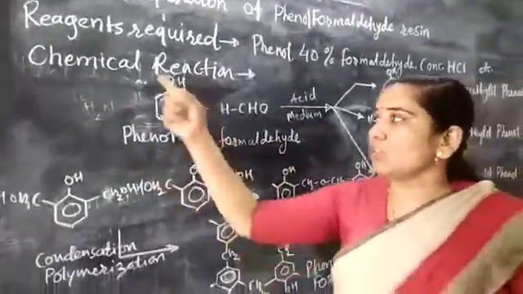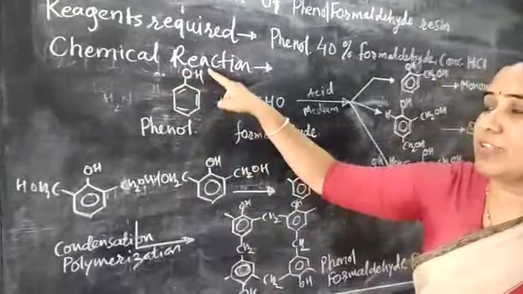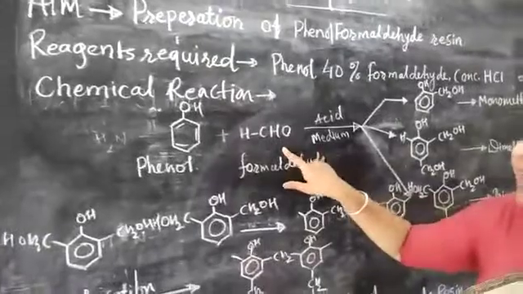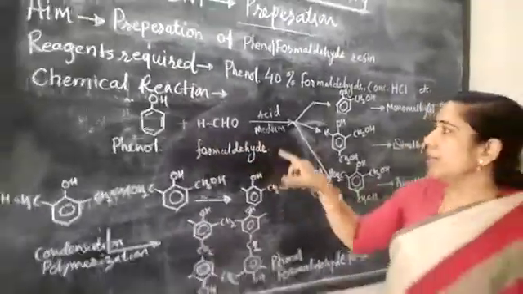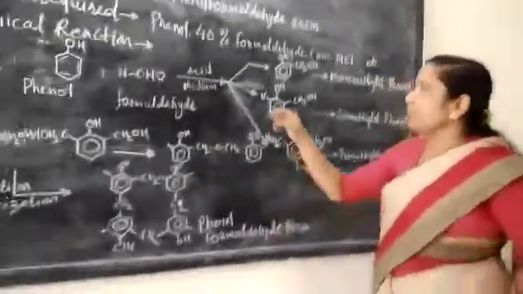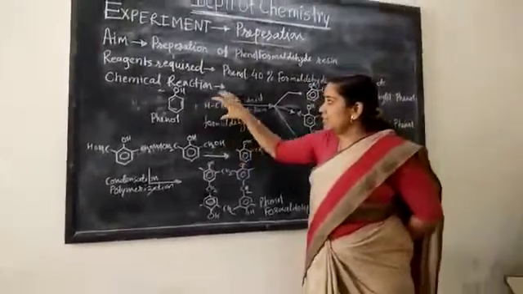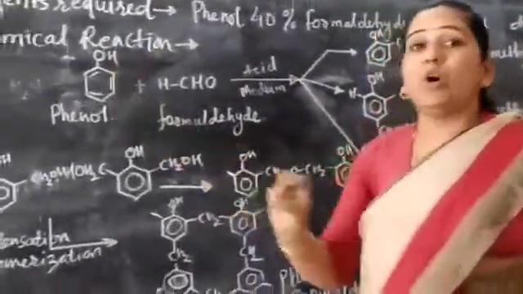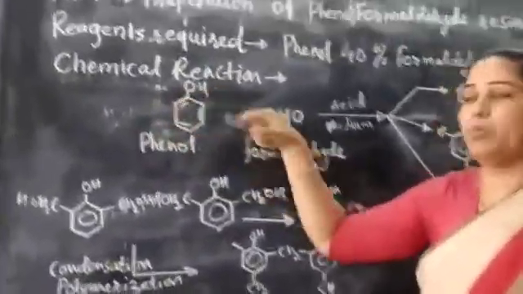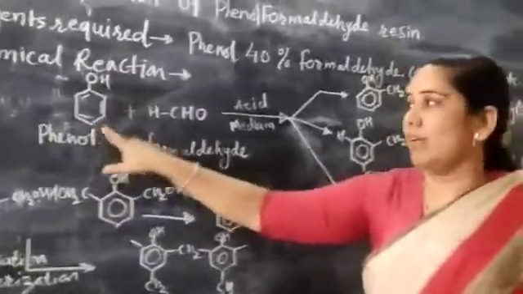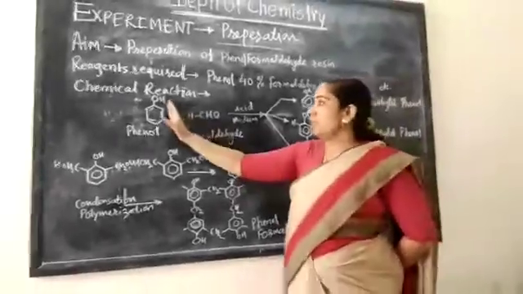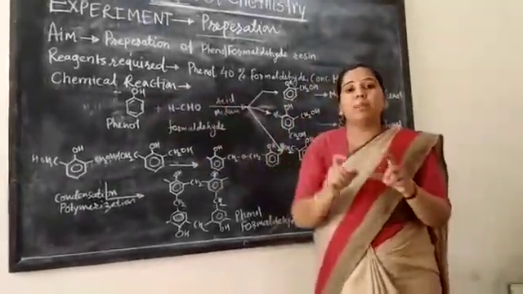The structure of phenol is a benzene ring attached with an OH group, the phenolic group. So it is phenol. This one is formaldehyde, HCHO, you know that. Then in acidic medium this reaction is carried out and we can get products like this. Whenever formaldehyde reacts with phenol, it is ortho-para directing. It means that from both sides, the first group is ortho and the third group is para, while the second is meta. So ortho-para directing means whenever a bond forms between phenol and formaldehyde, it is at the place of ortho and para.